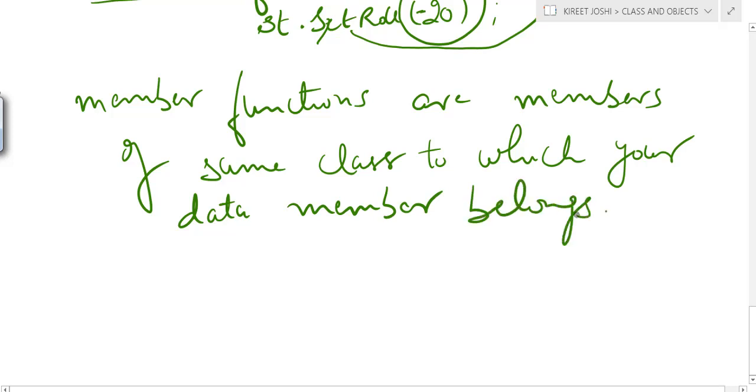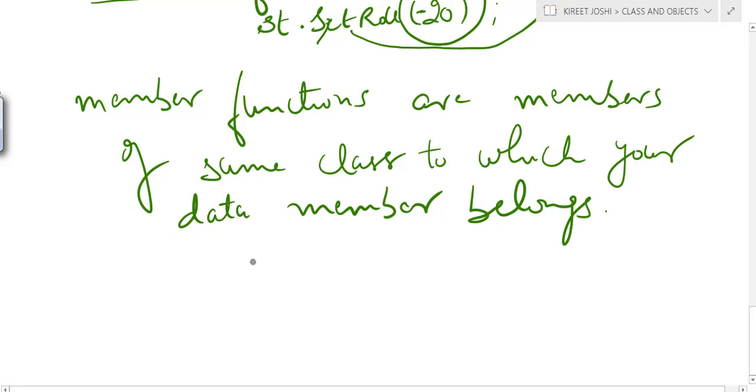So these member functions can access the data of the same class indirectly. So we have provided a constraint here, and we have defined certain features, or created certain filters in our member function, so that this particular negative data can be wiped out.